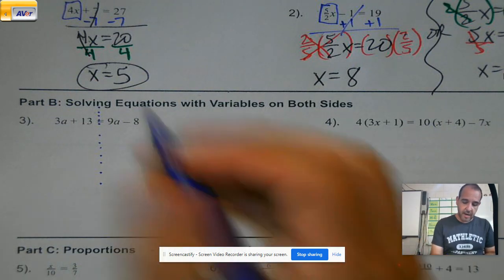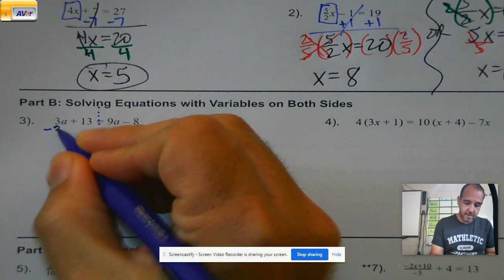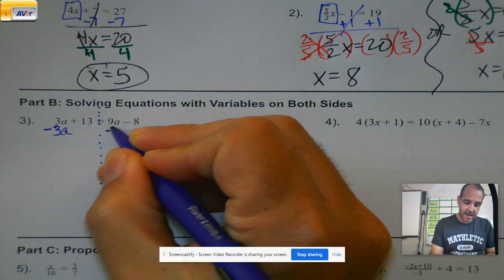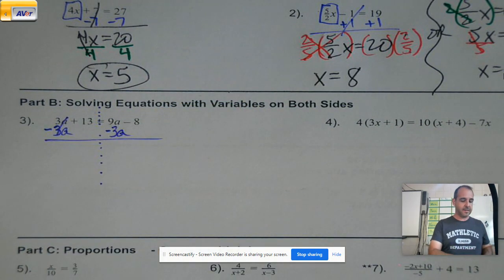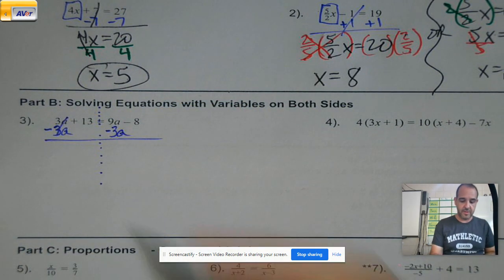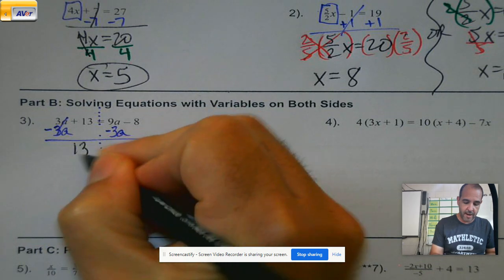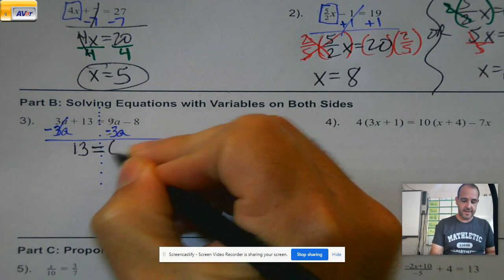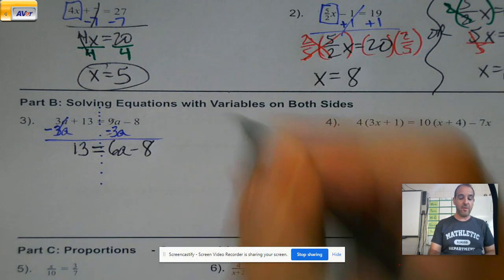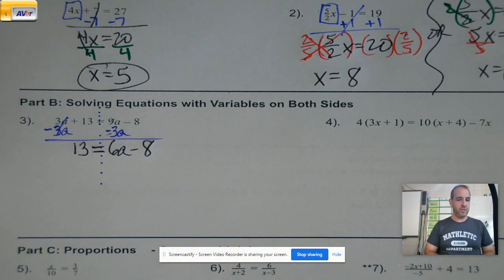So what we're going to do here, in my case, is I want to keep my a's positive. So I'm going to go ahead and I'm going to subtract my 3a from both sides. So on the left, no more a. Don't lose your equals. 9 minus 3 is 6a. And now the problem looks a lot like what we were dealing with in 1 and 2. Because once I get here,